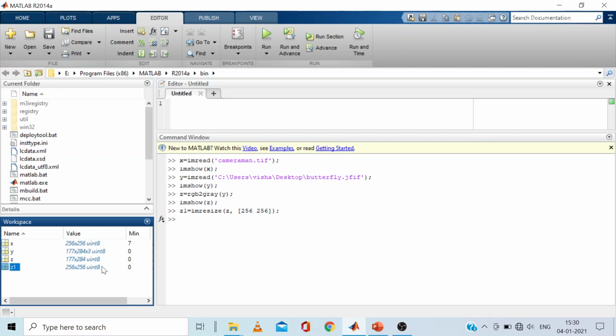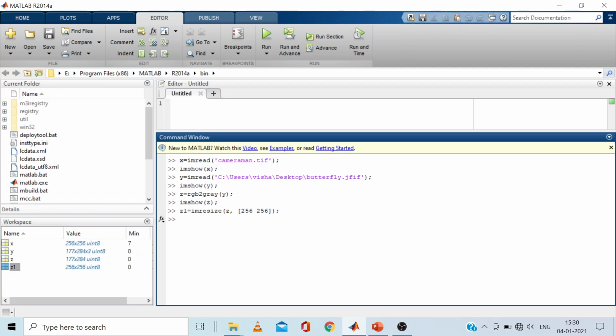Okay, so definitely the technical things we are going to learn in our future lectures. But here you can understand that these are image processing: we are performing operations over the images. We can convert a color image into a gray image. We can change the resolution of these images. Okay, so if you want to display how it looks,